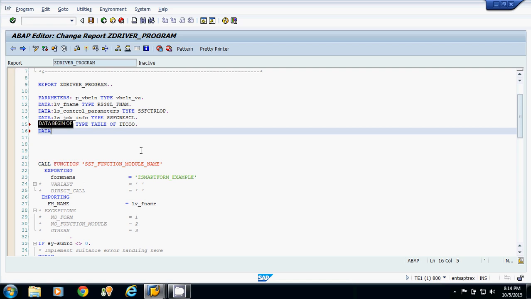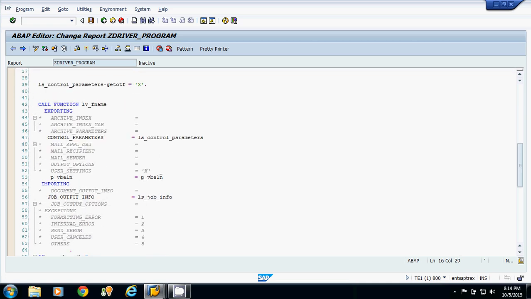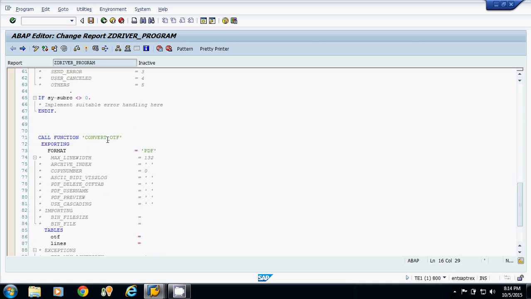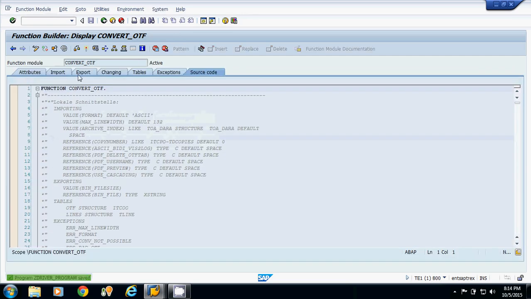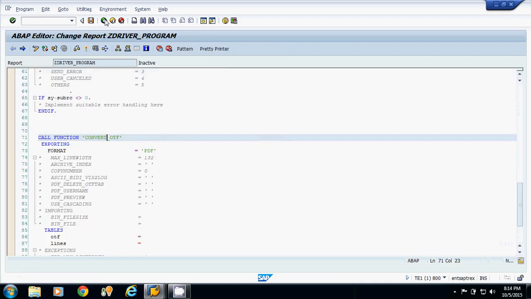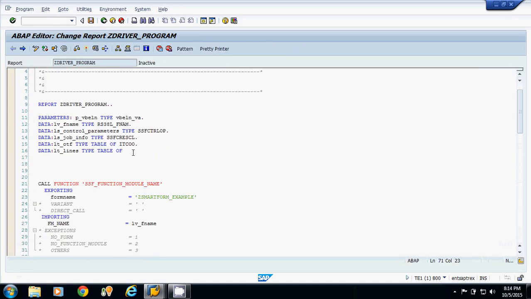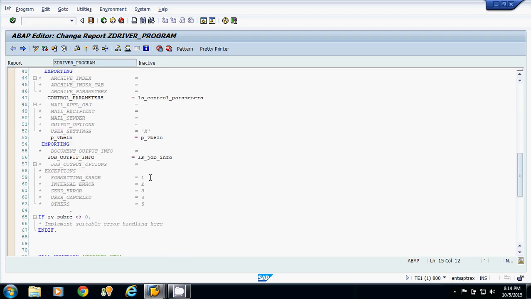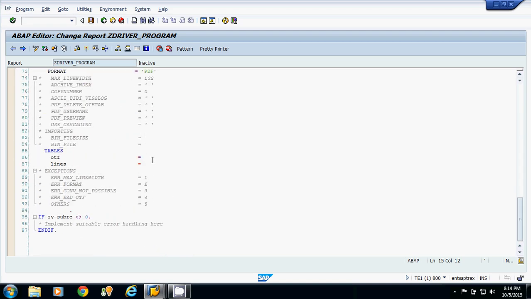Now I will declare lt_lines type table of, I will double click on this, tables, line is of this type. Now I will pass these two parameters, lt_otf here and lt_lines here.